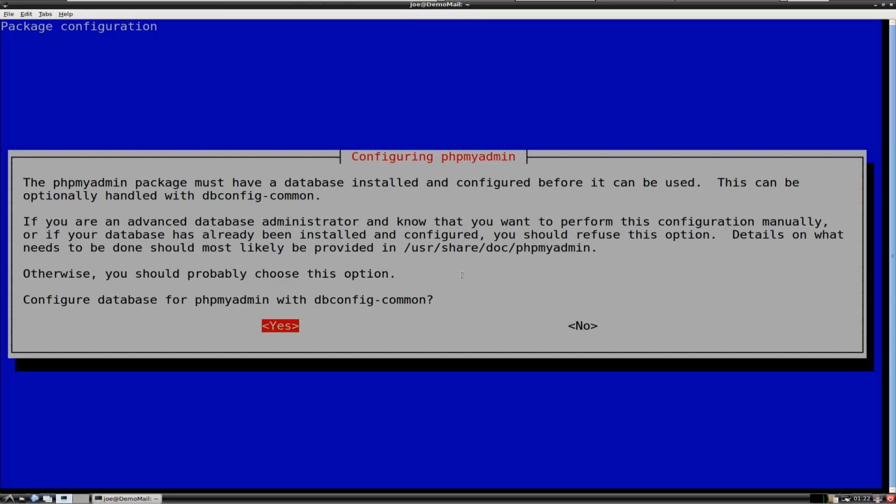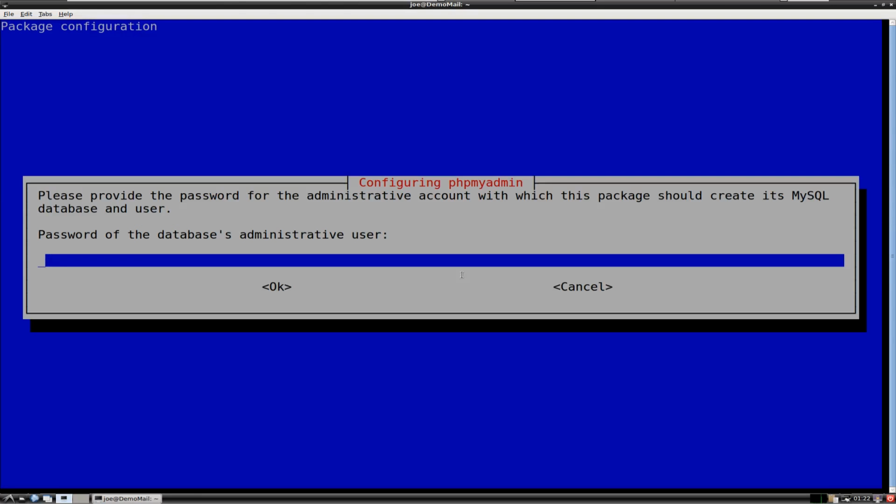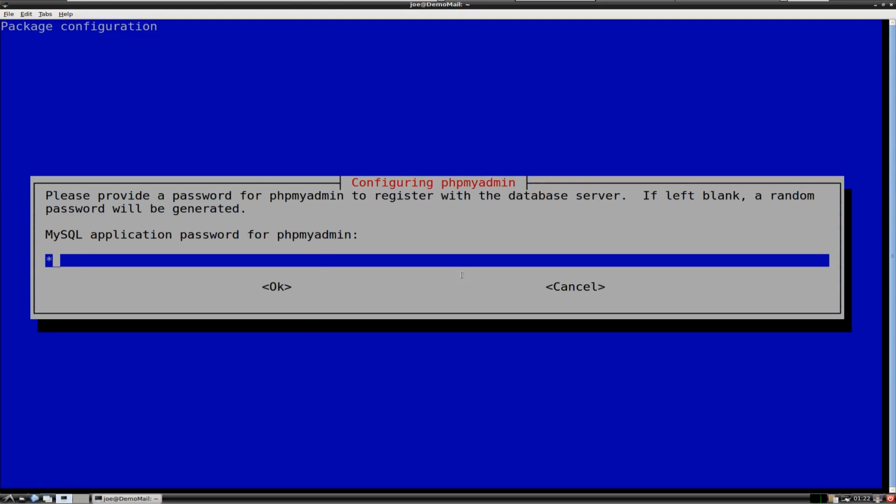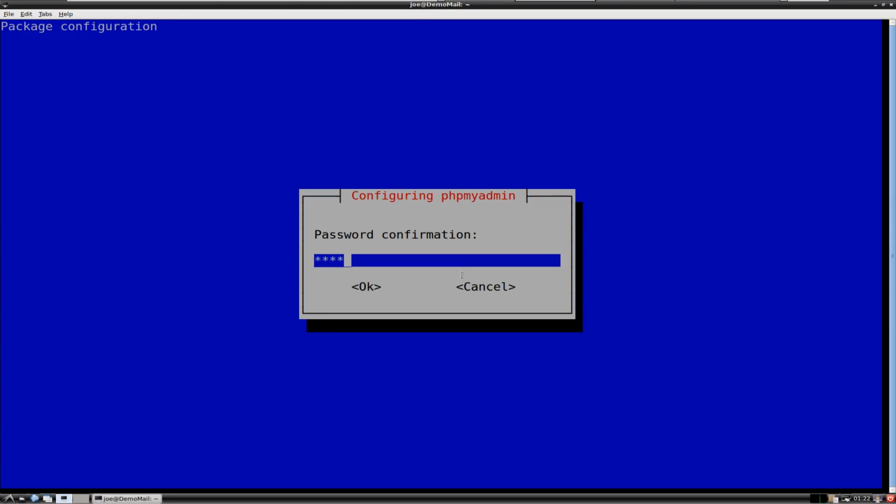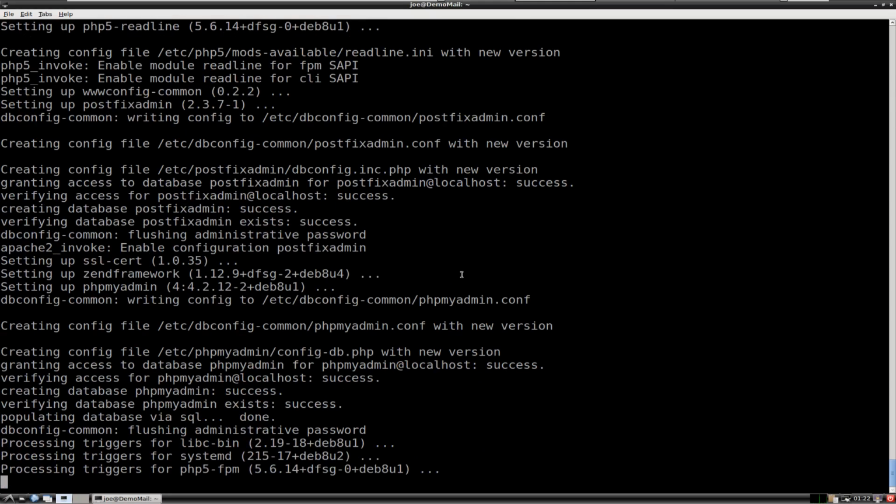So the phpMyAdmin package must have a database installed. Yes, we want to configure that. We're going to go ahead and go with root again, root again, root again. So that should give us phpMyAdmin and Postfix Admin. Those are going to be our two administrative tools for working with our database structures. Okay, so at this point, we're going to go ahead and push through with the Postfix install,